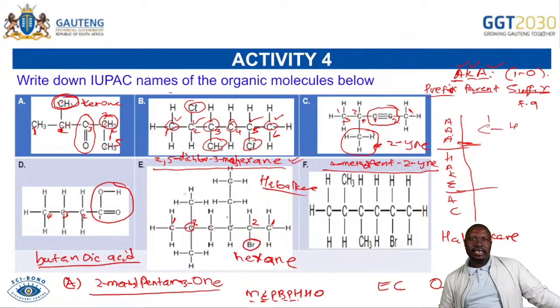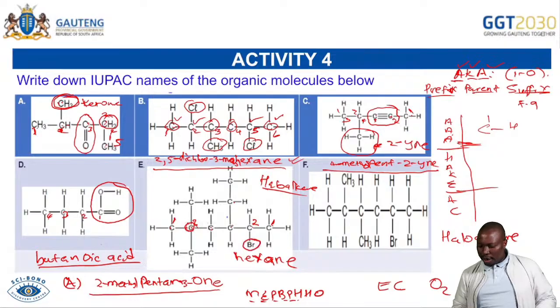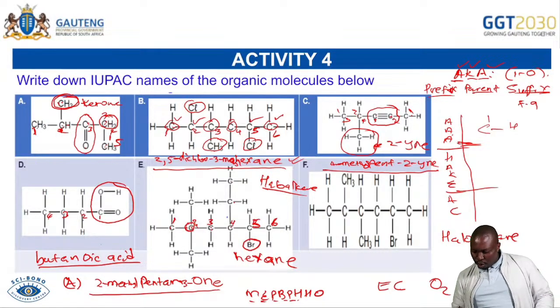We have 2 visitors there. Okay, you can see them. There are 2 there. There we have 1. So who is going to win? This one is going to win because it's the most substituted one. This carbon number 2 is the most substituted. So you're able to see that the numbering goes that side: 1, 2, 3, 4, 5, 6. We agreed it is hexane. And then in carbon number 2, you have a 2,2-dimethyl. In carbon number 4, you have an ethyl. In carbon number 5, you have a bromo.